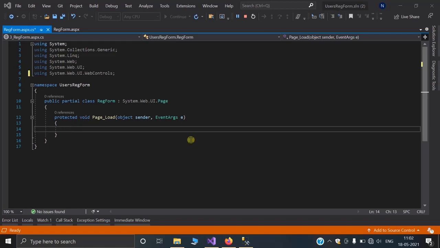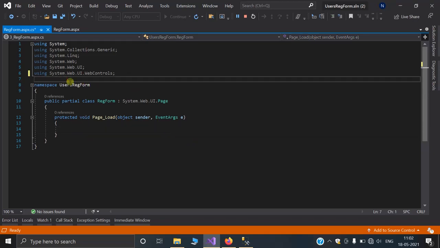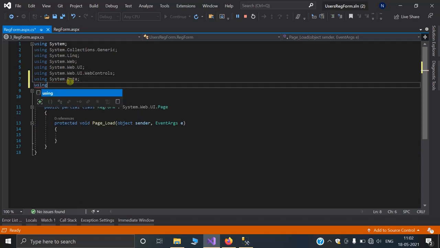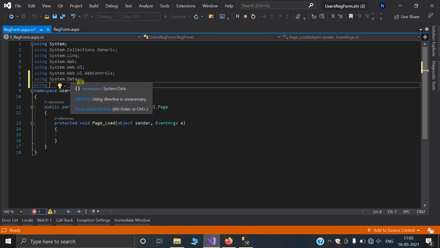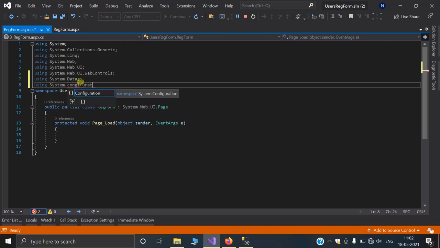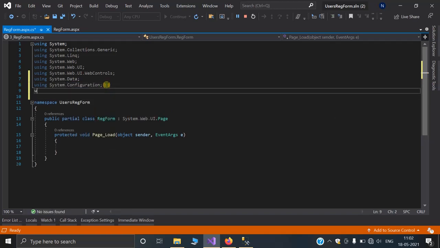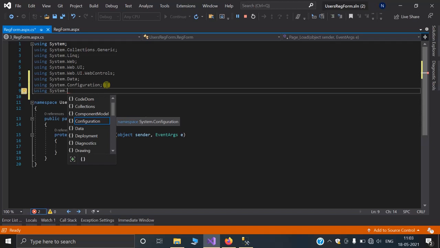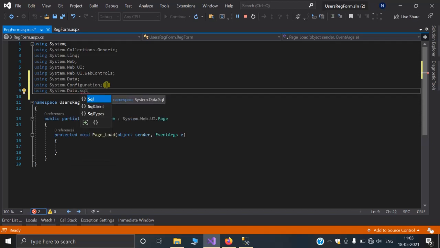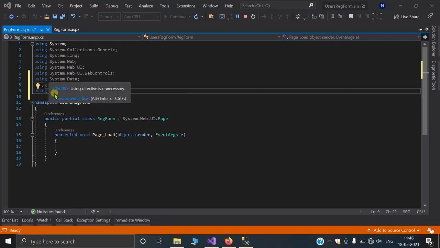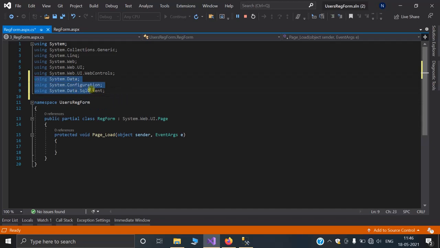Here you will need to import some namespaces, and these namespaces are used to establish a connection between SQL Server and the application.